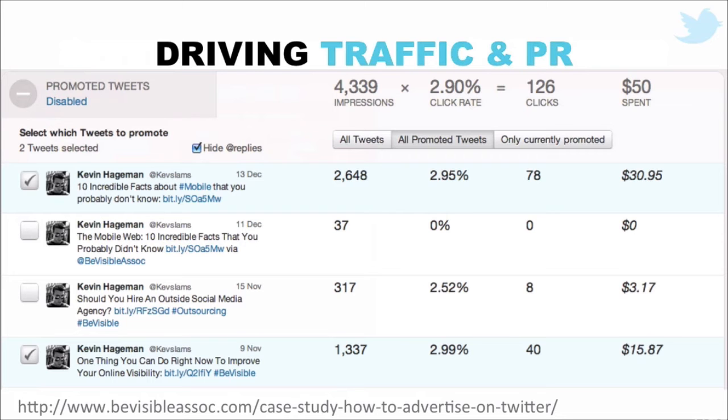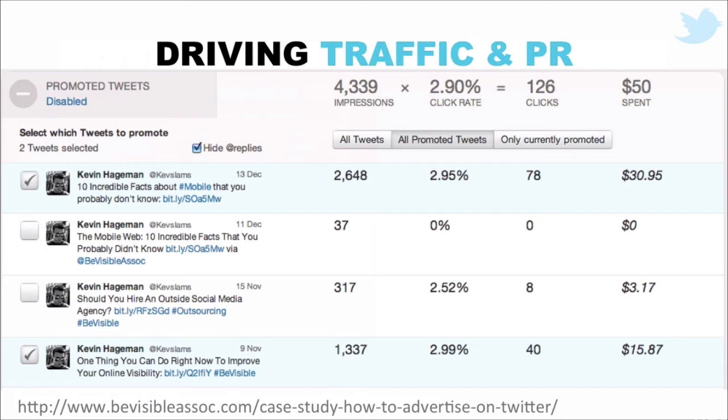So he got given basically $100 worth of Twitter ad credits, and he decided to give it a try and see what worked best. As you can see, there's a number of promoted tweets on there, and you can see the tweets that were promoted. It's interesting to note that the one with the highest click-through rate, not by much, but the one with the highest click-through rate,